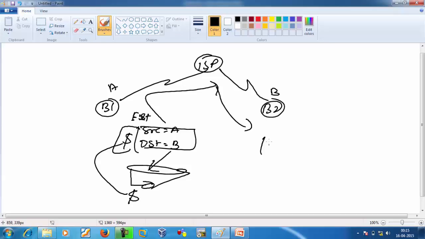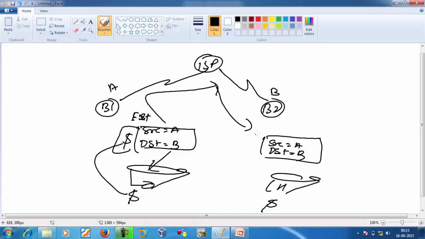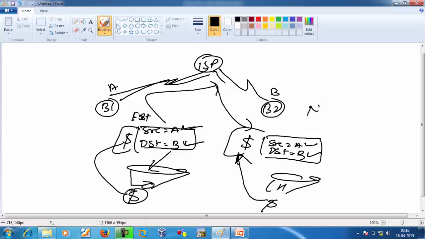The peer will receive it. Source is A and destination is B. Again it will hash it. At the time of source A and destination B, the hash product will be this. When branch 2 verifies, at the time of verification the source is A and the destination is B. No changes, so the hash value will match. If the hash matches, it means no NAT exists in the path.